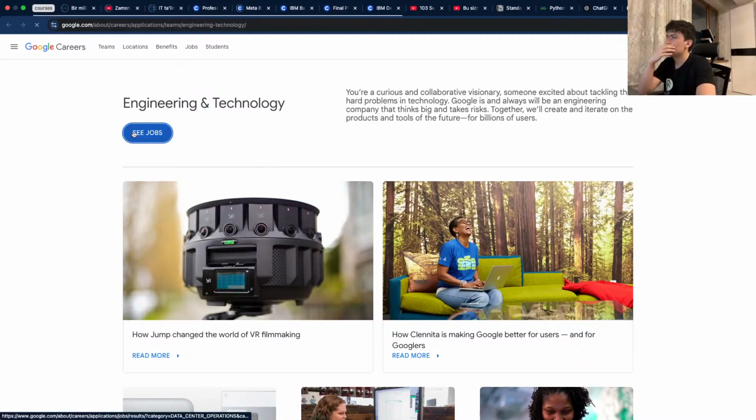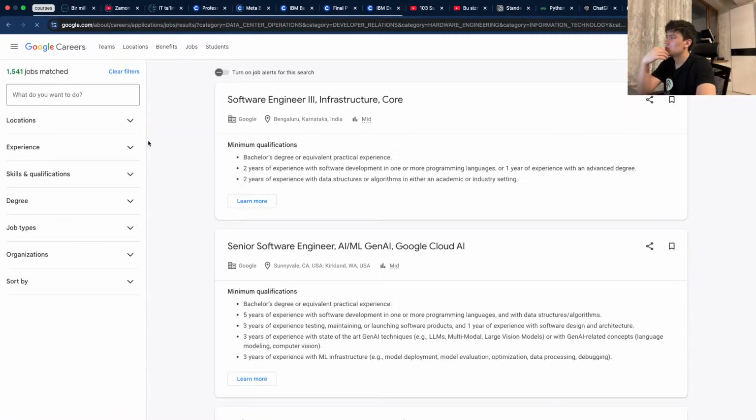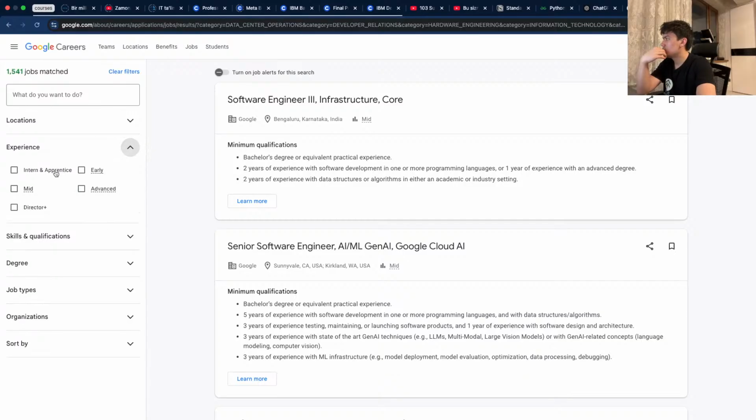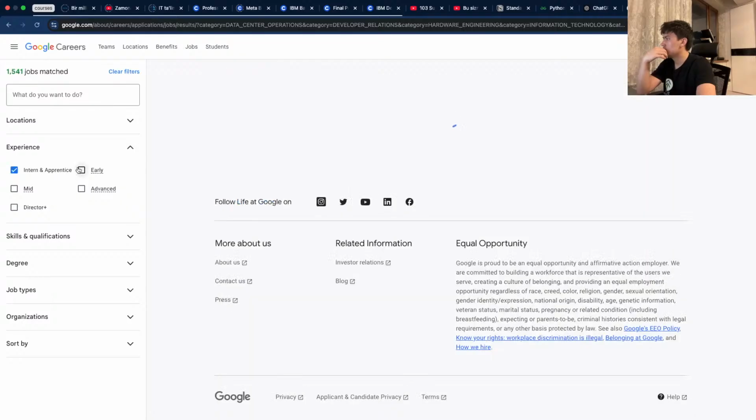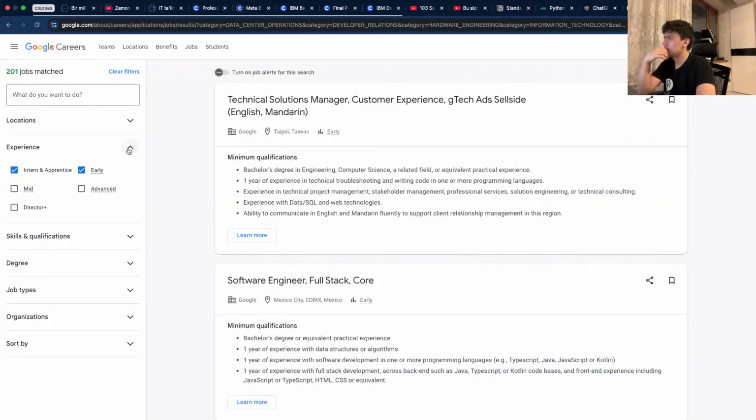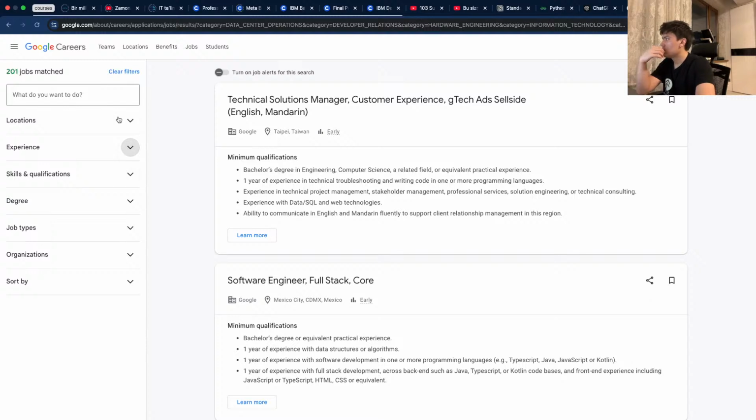Jobs. Experience. Intern. Early ikkalasini bilamiz. Keyin location. Degree, job types. Organization.